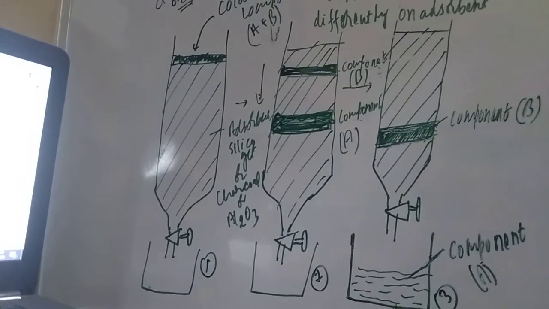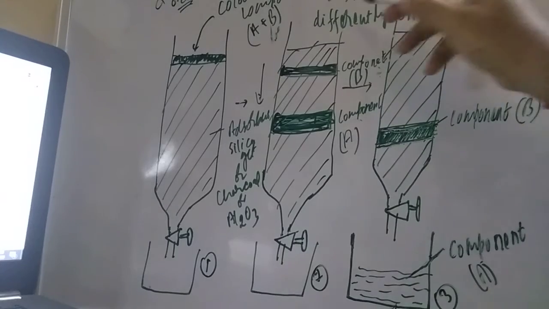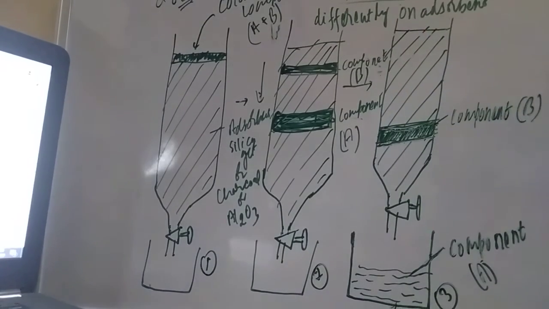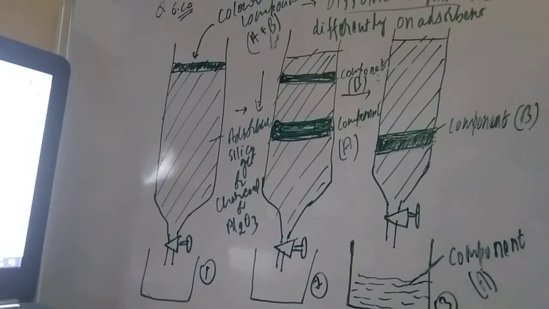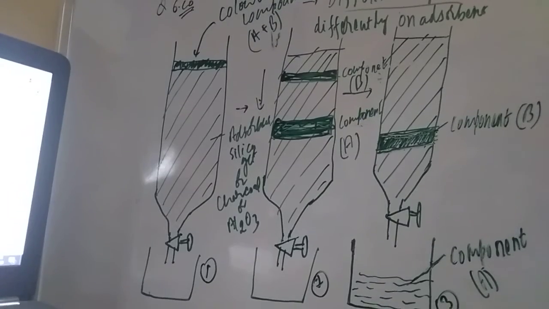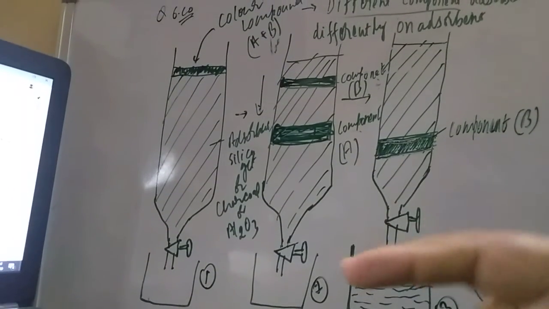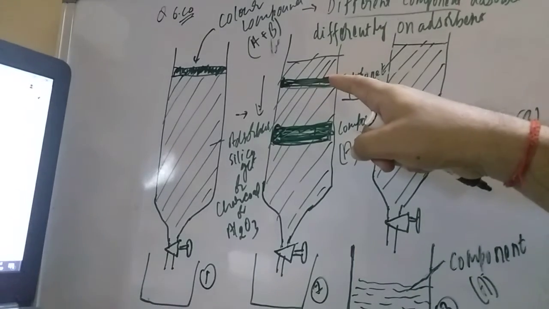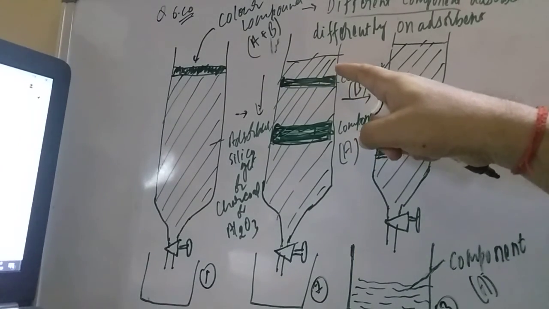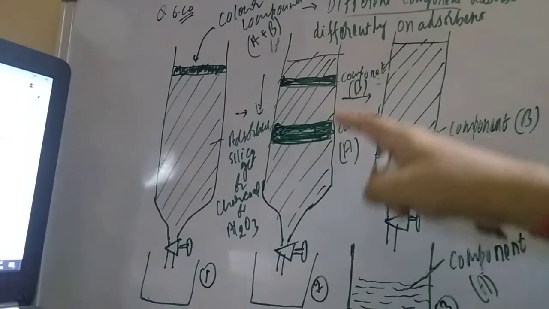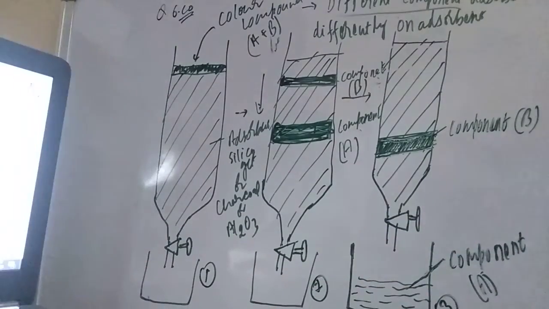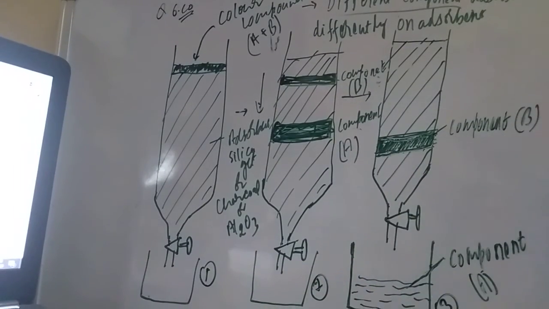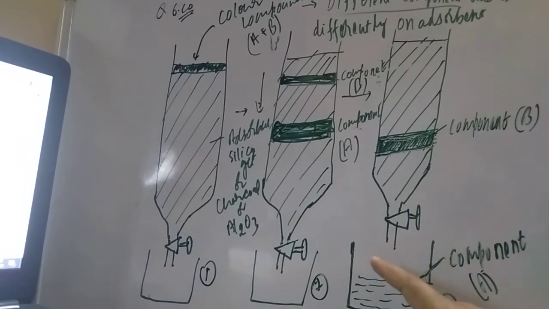So chromatography is a technique in which, if 2 different components are there in the color or compound, their adsorption power will be different. The component having more adsorption power will come down, and the component having less adsorption power will stay up. So when it comes down, with the help of the tap, you will get the different components separated.